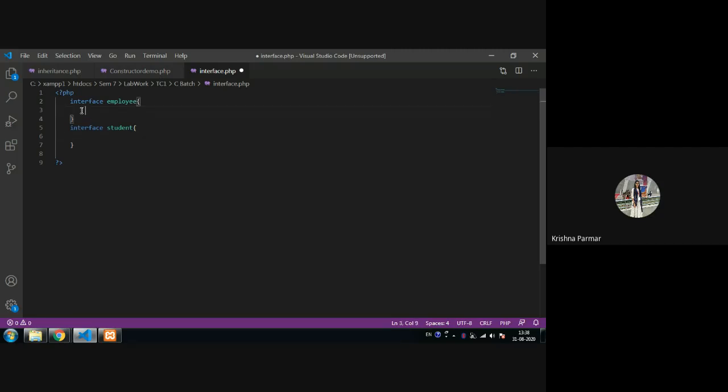Fine. So in interface, all the methods are abstract methods. That means we are just declaring it. So here I'm just giving one function, or we can say method, and the name of that is getDetails. That's it. So here there is no curly bracket and no code, only the declaration part, because this method is abstract.